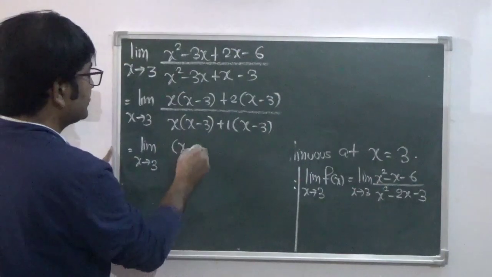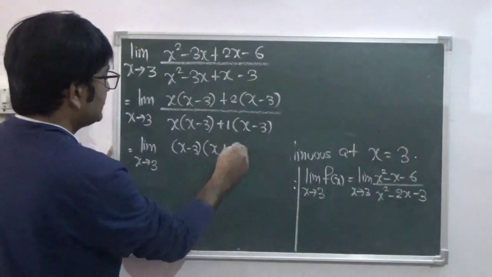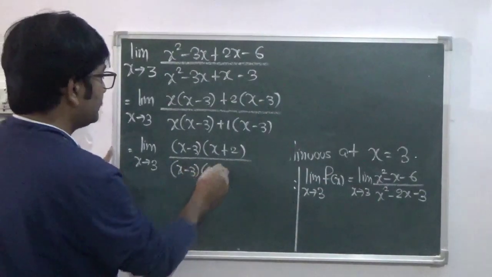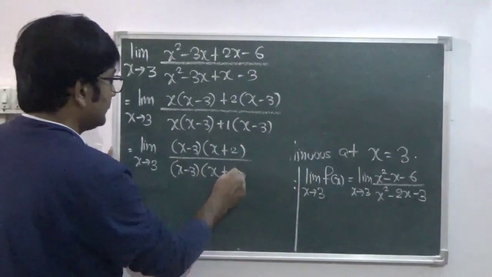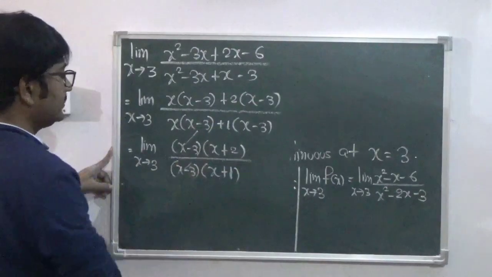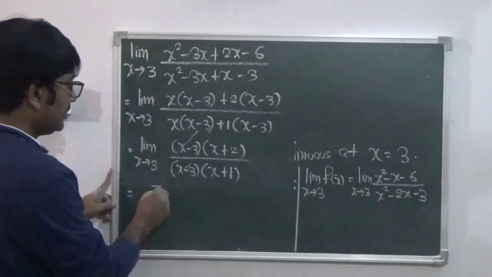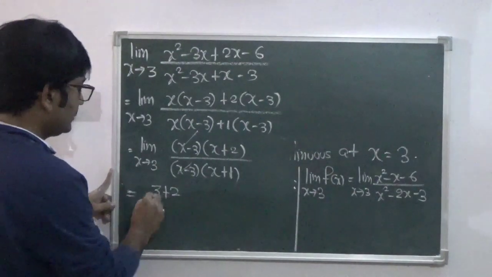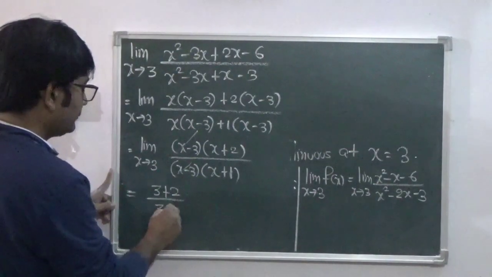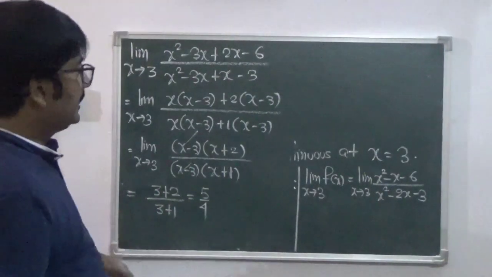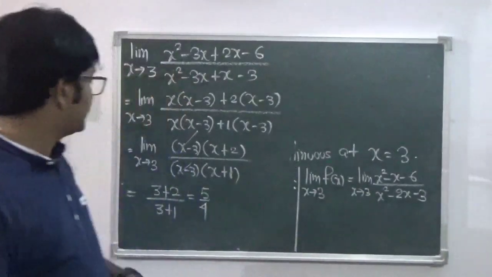If you take x minus 3 common, we will be left with x plus 2. In the denominator also we take x minus 3 common, we are left with x plus 1. So the common factor x minus 3 cancels out, and now we put the value of x equals to 3. So in the numerator you have 3 plus 2 divided by 3 plus 1. So it is 5 by 4,